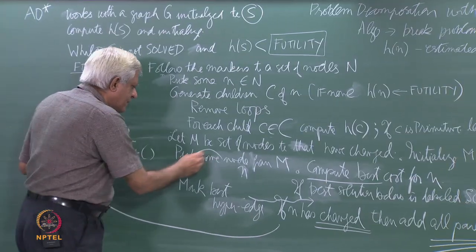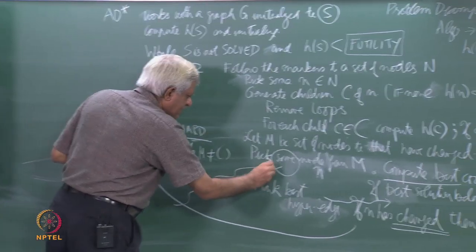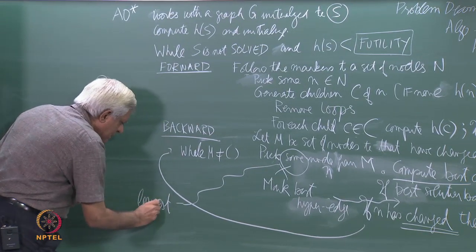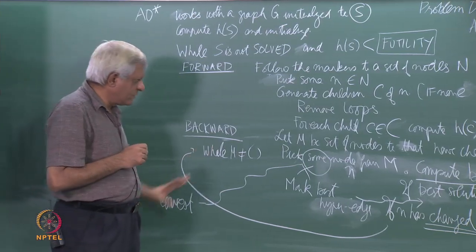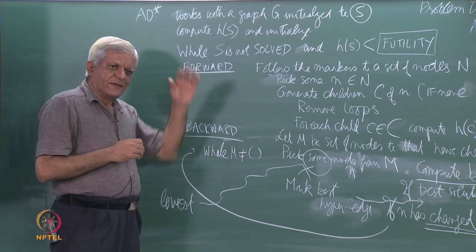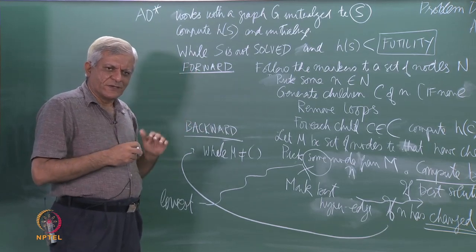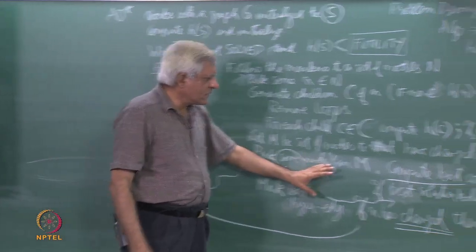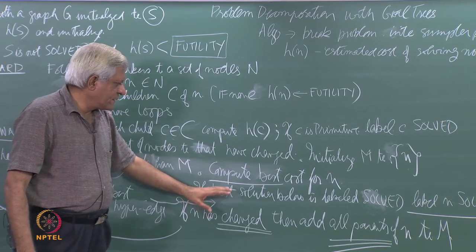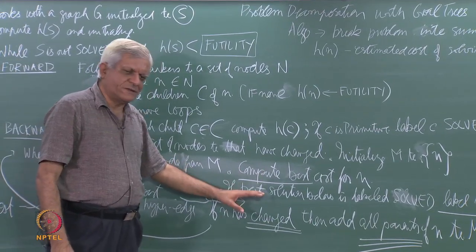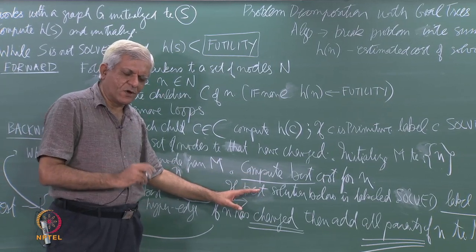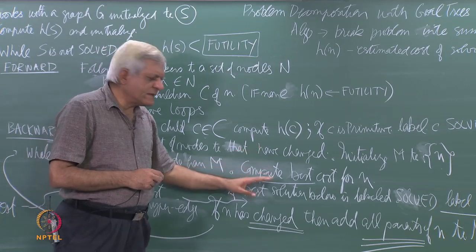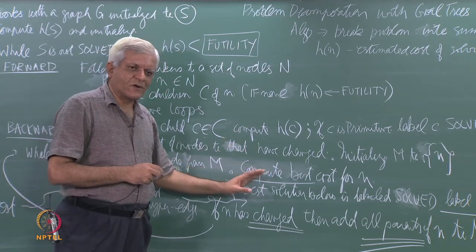Okay. So, this is not correct, this sum is not correct, I should say to pick the lowest. So, you can construct examples to show that you have to make this choice. So, if m is a collection of nodes, pick the one which is lowest in terms of the graph, pick the lowest node, compute its best cost below that. If the best cost leads to labeled solved nodes, then label this node solved,